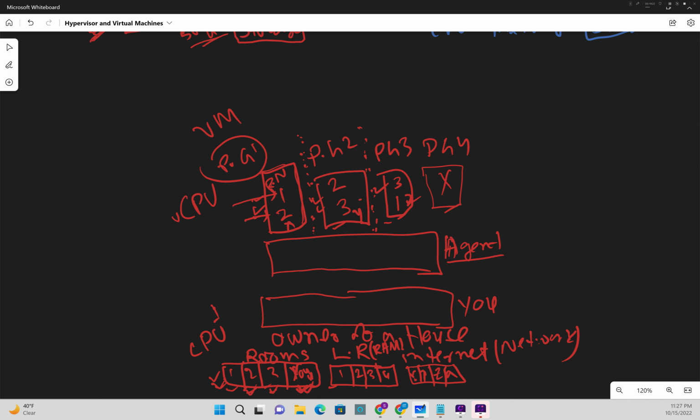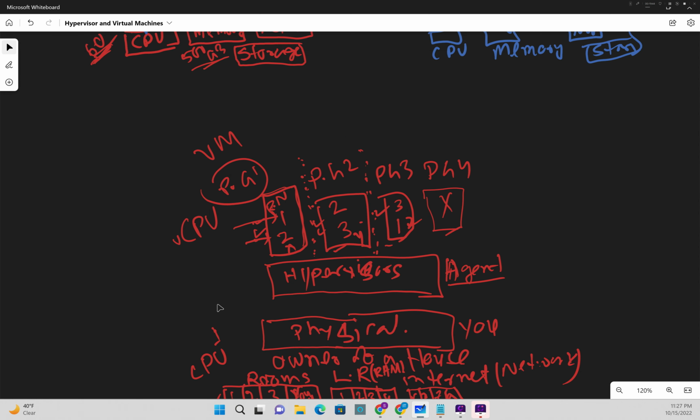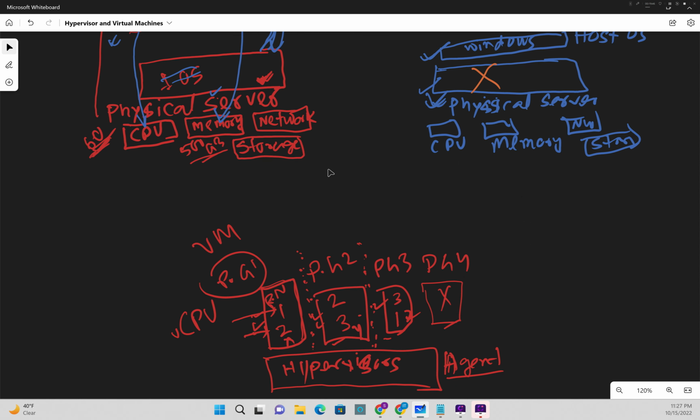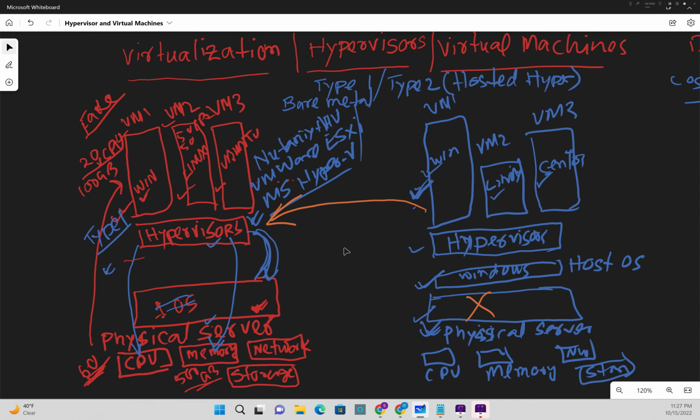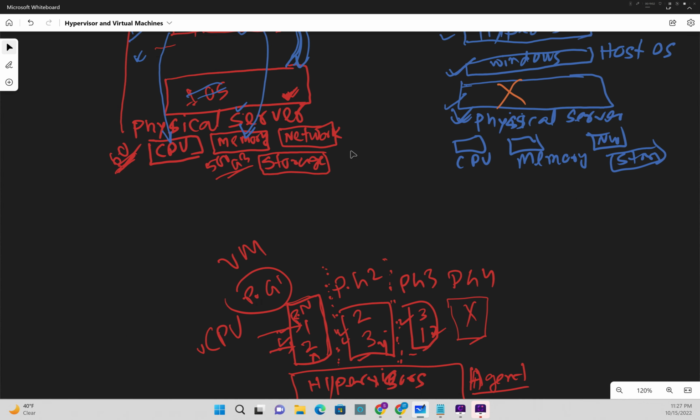And this is the memory; I don't know whether it is called vMemory or what, but it is memory. This agent is your hypervisor, and you are the physical server. I'm not sure how well this analogy worked, but I hope 80% to 90% it worked. And that's about hypervisors, virtualization,